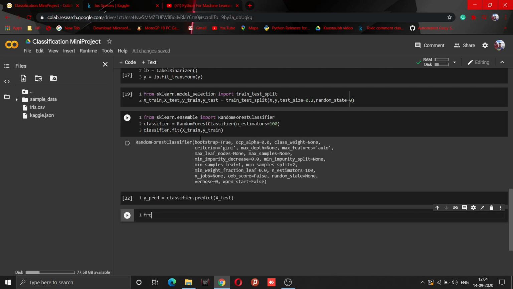For that we will use another sklearn library, sklearn.metrics. Let's first try confusion matrix. So let's make an object of confusion matrix. Now we need to pass first our prediction, Y pred.